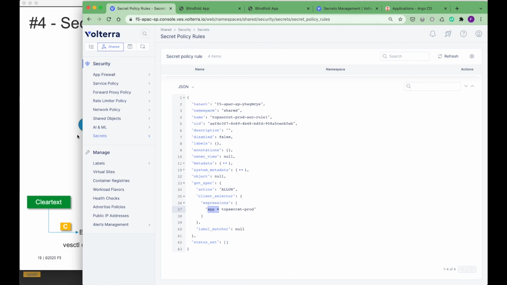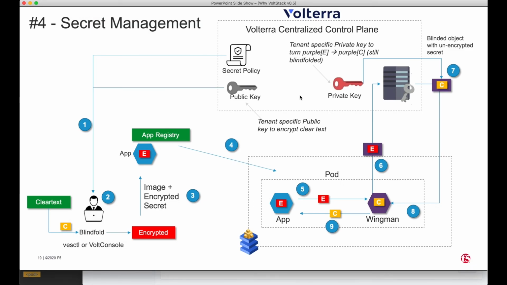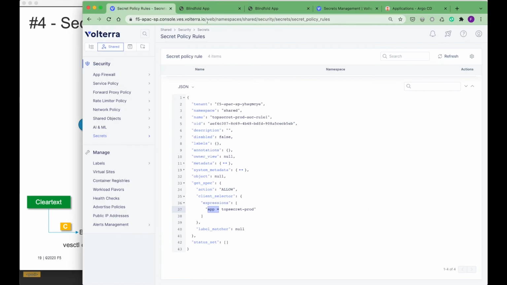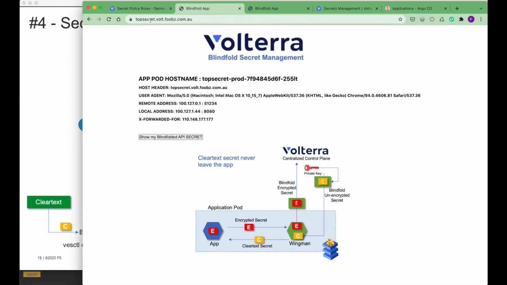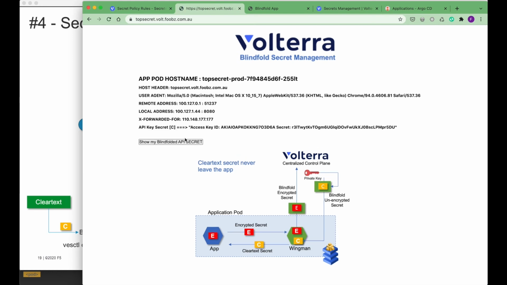So once these applications are deployed into the Voltstack, as I mentioned, and I have the application exposed, I got two. One is top secret.prod, and the other one is called top secret.dev. These two are exactly the same apps, except that they are deployed in different environments. So for the one in production, if I say show my blindfolded API secret, you can see that I managed to get from